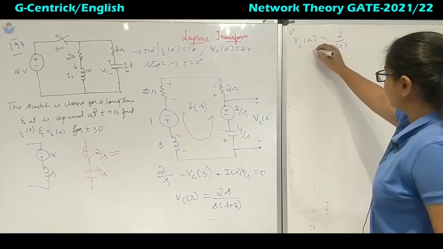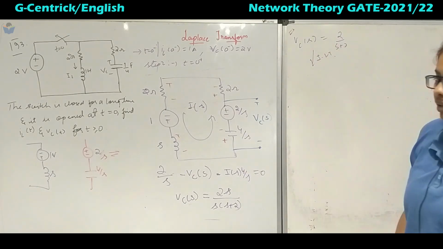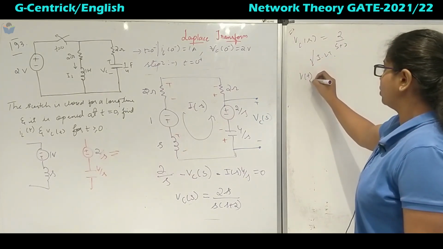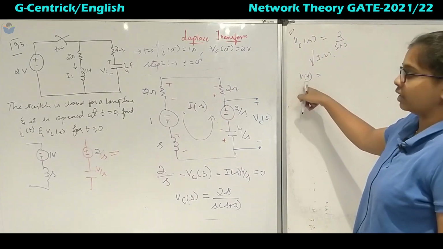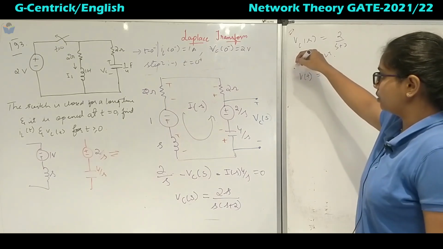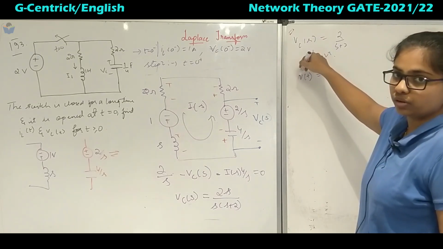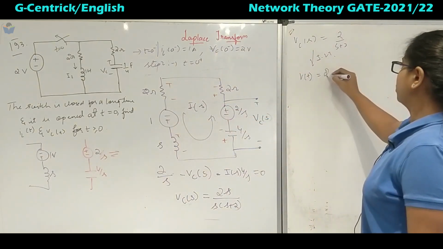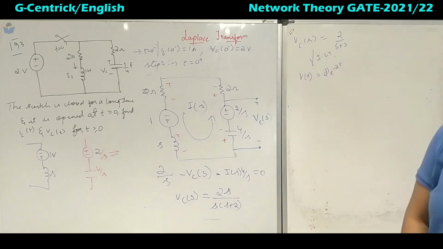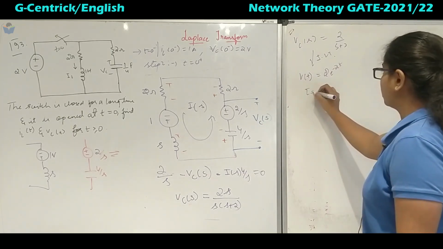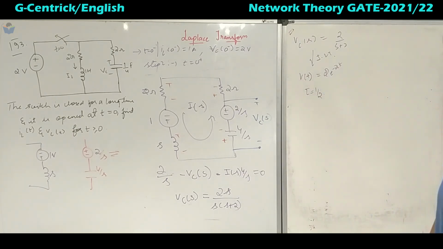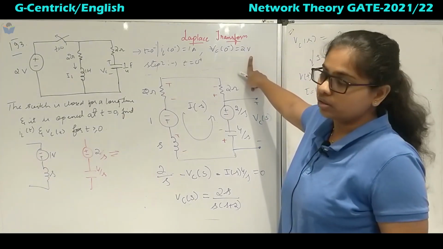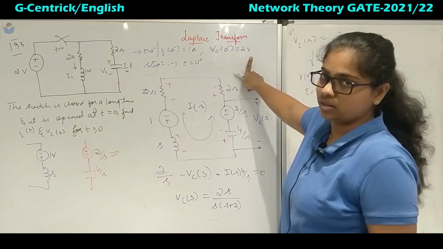Now for this one we have to take the inverse Laplace transform. So the inverse Laplace transform gives V of t. Again you are getting the generalized equation, that is the needful thing we have to use the Laplace transform for. So this is 2e to the power minus 2t. Again here tau is nothing but 1 over 2. When you put 0 minus, you will get the value as 2 volts. You can even calculate for 0 plus.